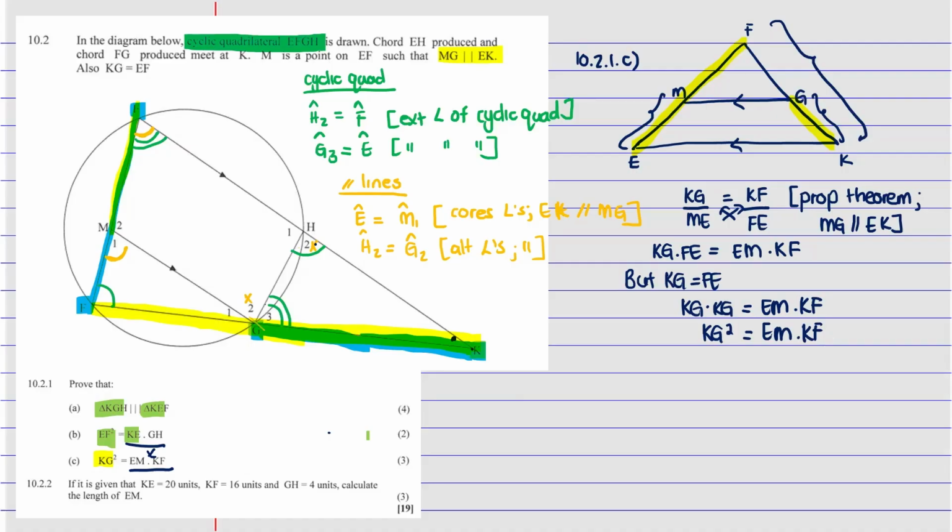Yes, ma'am. Yes. So that's how you would do this one. So now moving on to the last one. So the last one tells us that if you're given that KE, so let me just